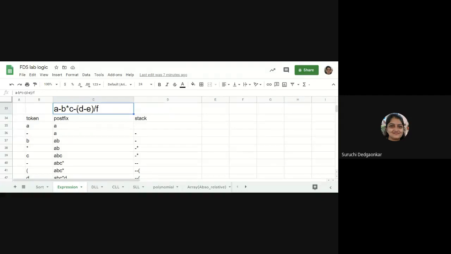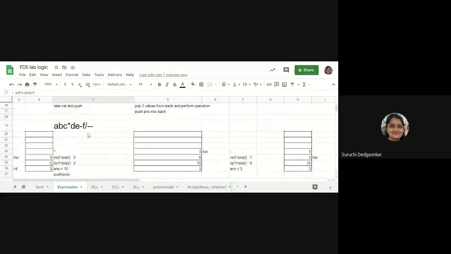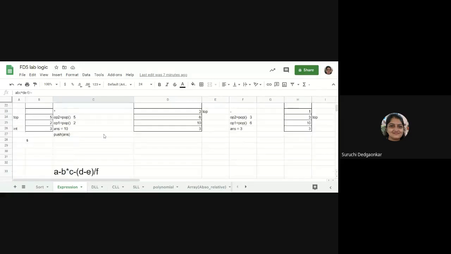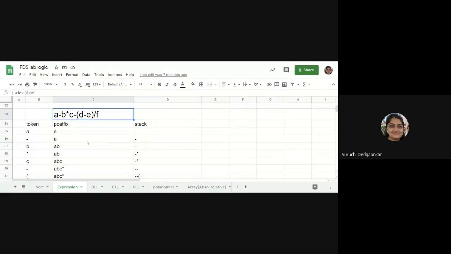Now we have two more conditions along with operands and operators. We have opening bracket, closing bracket also in the expression, and we also have to consider the precedence. While forming postfix and prefix, we have already considered the precedence, so no need of concentrating on that at the time of evaluation. But while converting, we need to check the precedence of the operators also. So we will start accessing the expression. If it is operand like A, it will be copied into the output postfix expression. This is the required output postfix expression.